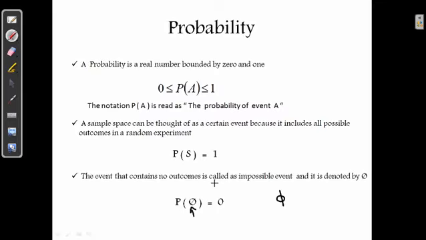Okay, you just need to remember these three things whenever you are dealing with probability. Probability of an event always lies between 0 and 1. Probability of a sample space is 1, and probability of the null set or impossible event is always 0. Okay, so these are the three conditions which you need to know. Okay, next,